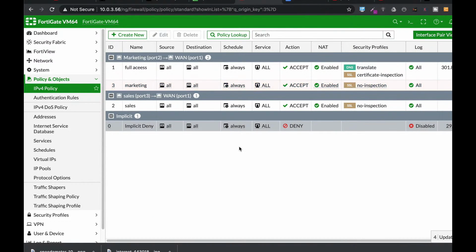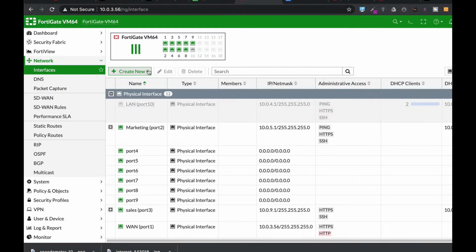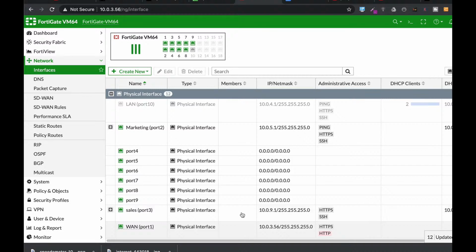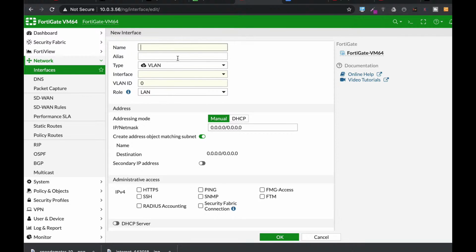All right, the next thing to do is to actually create a virtual LAN for our access point. Now, there are times when you need to create another broadcast domain which is on top of physical ports. So if your FortiGate has 8 ports, you can actually create on top of each port VLANs, virtual LANs that you can connect to that switch, and from there to outsource employees or other employees. So let's just use the sales port to create another interface, which is our VLAN interface. Let's name it